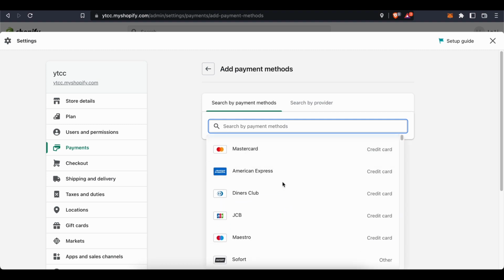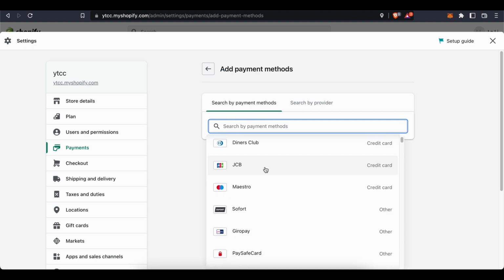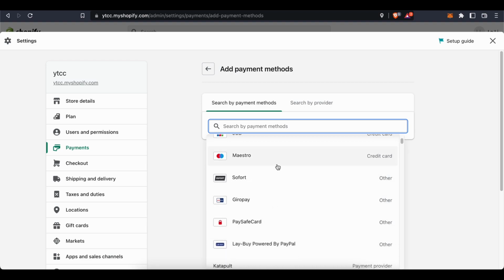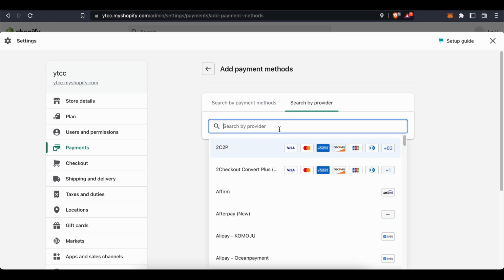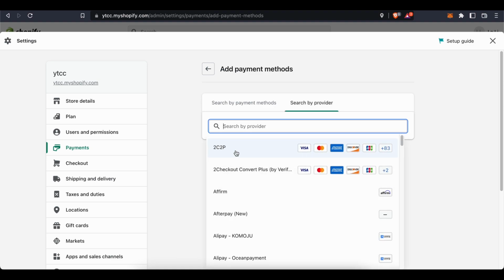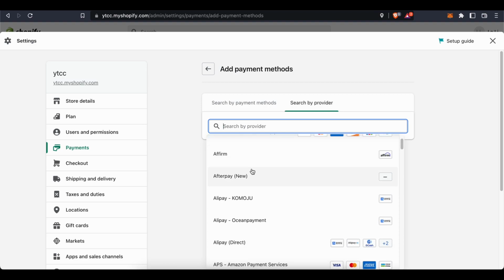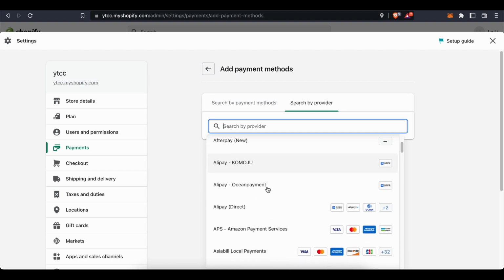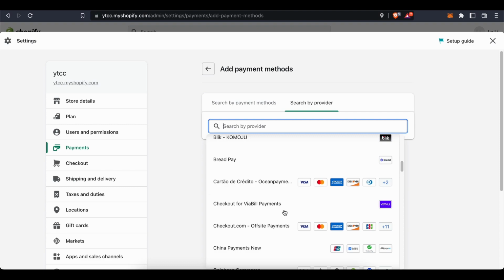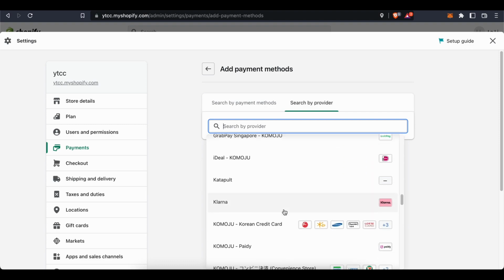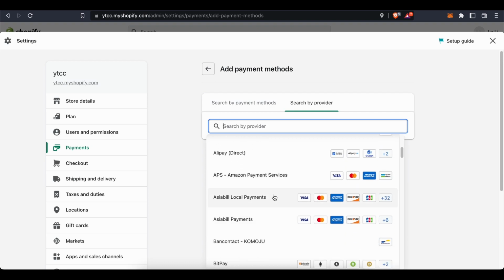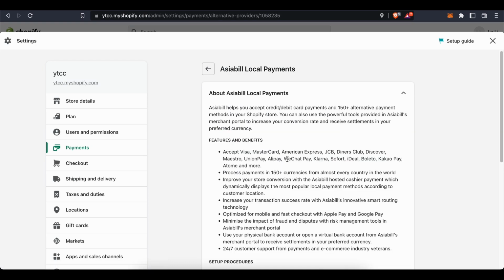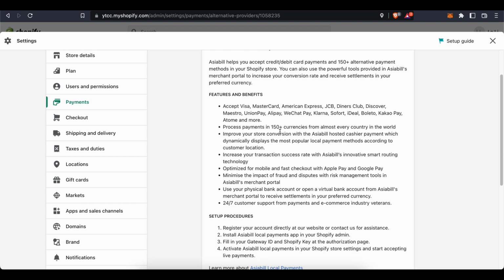So we have Visa, MasterCard, American Express, Diners Club, JCB, Maestro, and so forth. Then we can also search by provider. And then you can see here 2C2P, 2Checkout, Affirm, Afterpay, Alipay, and all the different payment providers. So you can see if we press on, for example, this one, and press on activate, all of these different payment providers have different rules and different payment